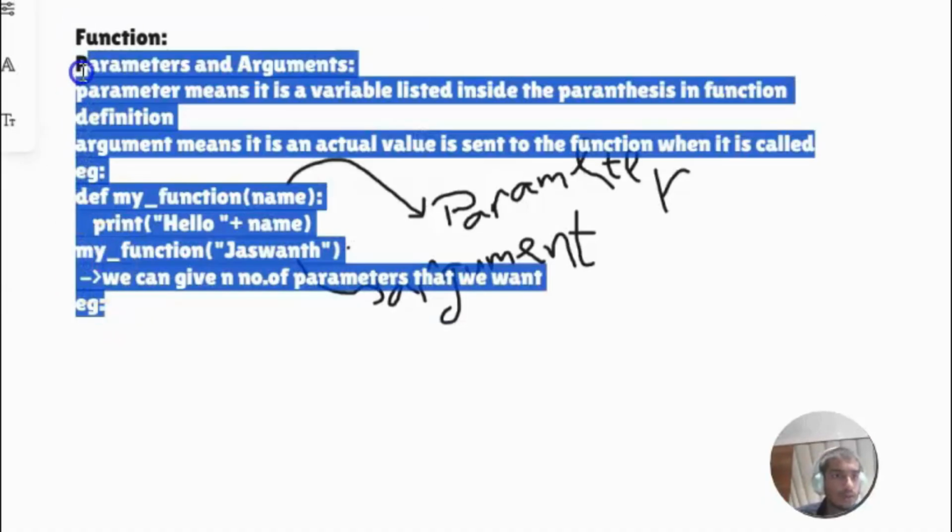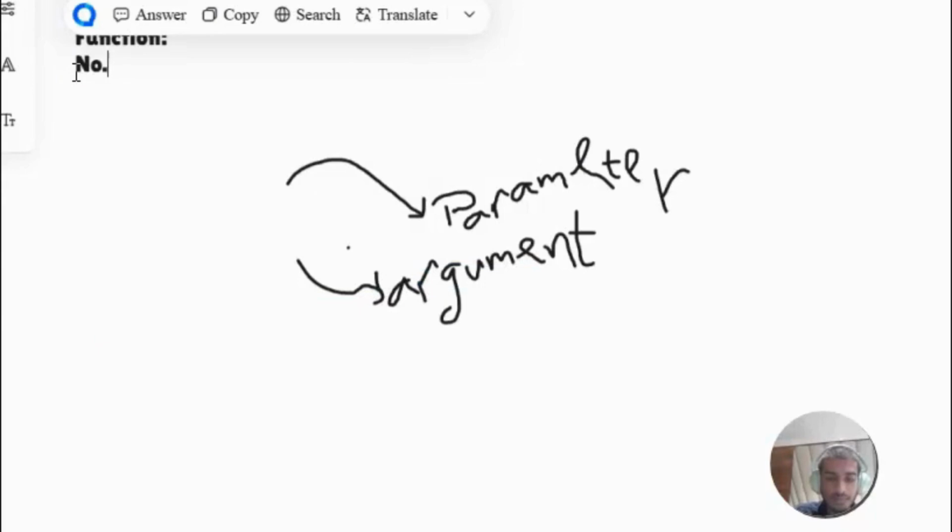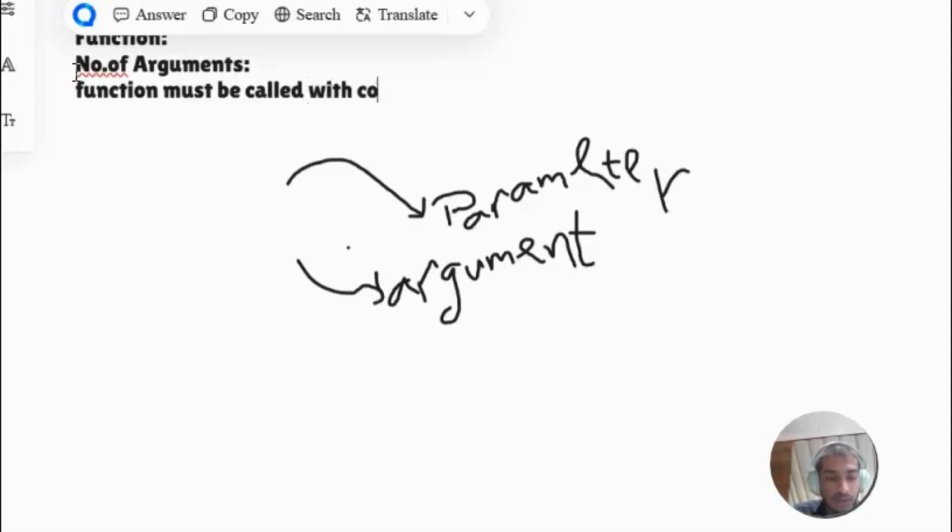Let's see about the other one, that is the number of arguments that you could pass. By default, a function must be called with the correct number of arguments. If your function expects two arguments, you must provide two arguments. For example,